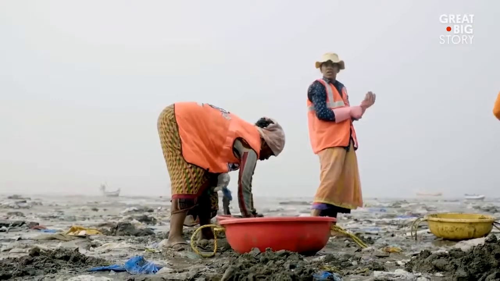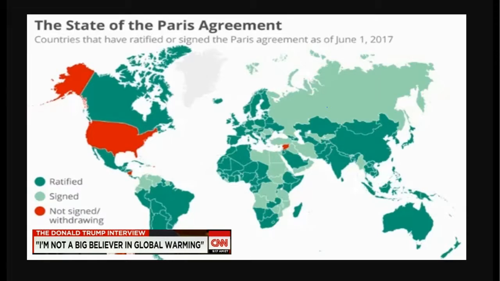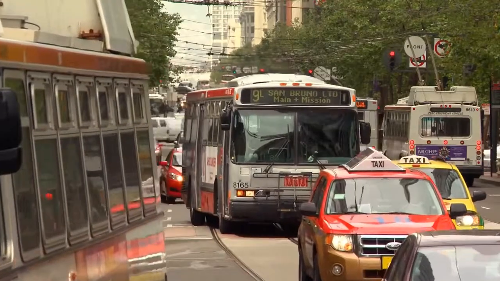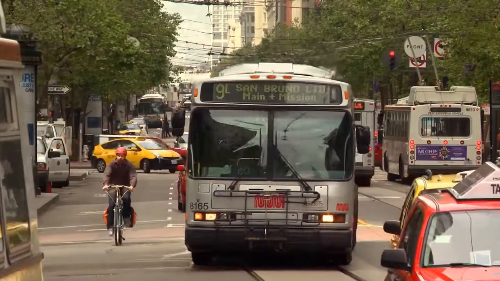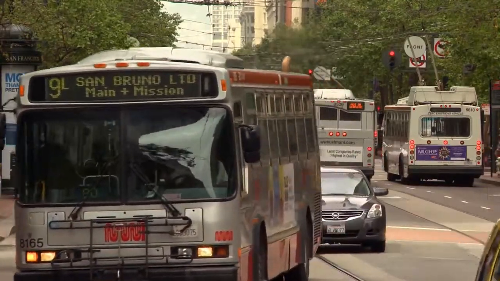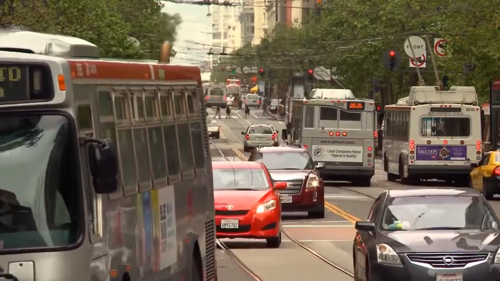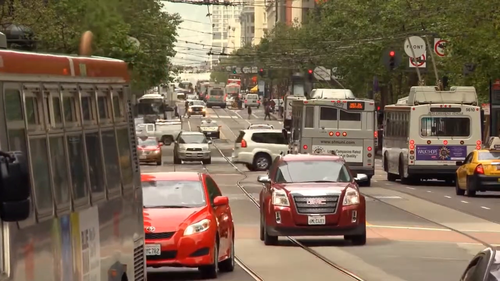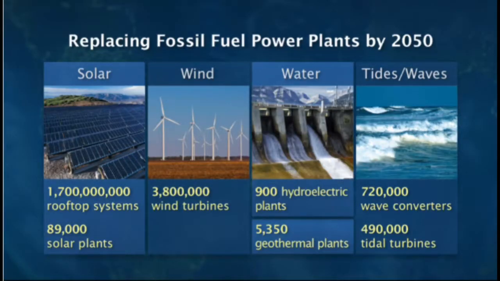Though the United States is no longer involved in the Paris Agreement, policies have been set in place to address the issues of climate change due to greenhouse gas emissions, pollution, and energy usage. In order to improve the state of the environment, there needs to be a shift towards alternative energy solutions such as wind, water, and solar power.